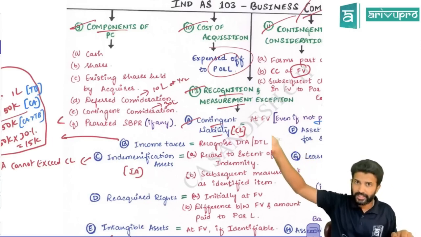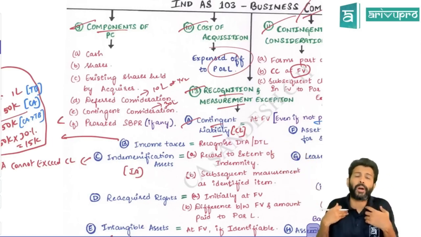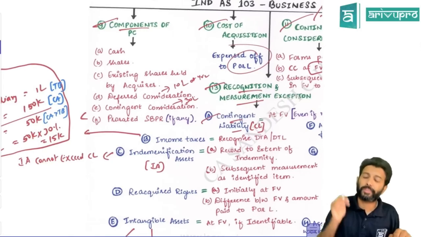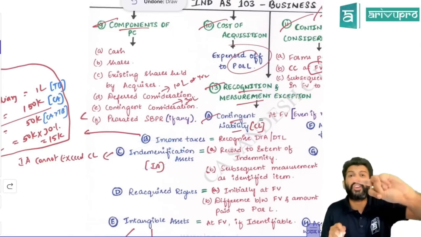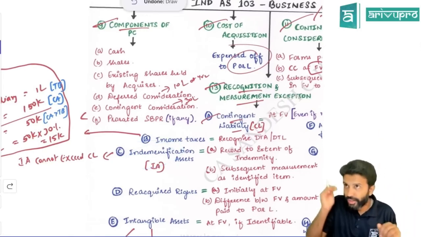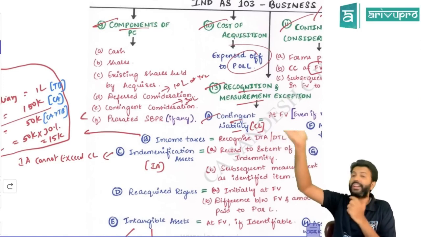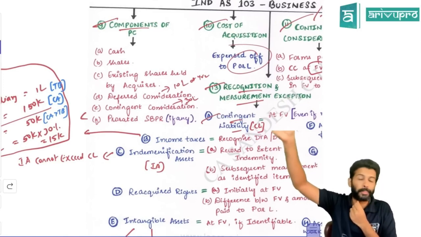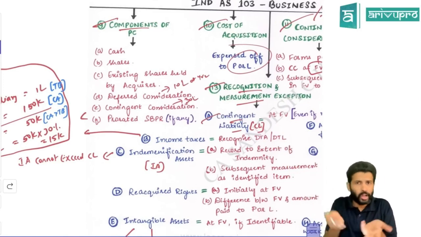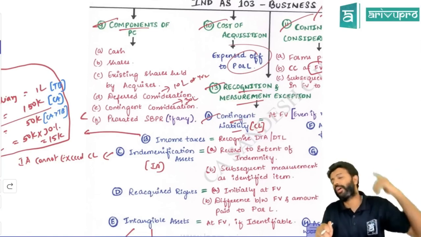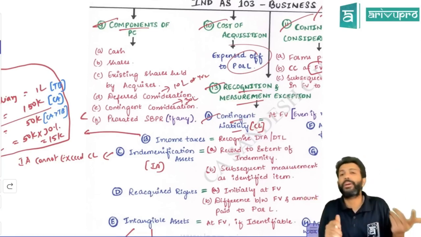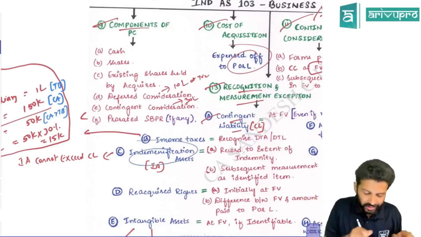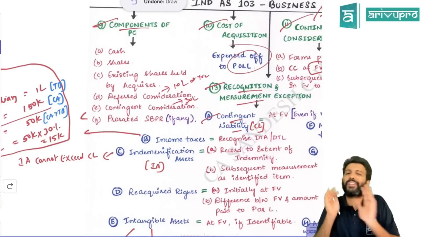And if somebody wins the case, means money will go out of my pocket. So the parent company may tell the subsidiary company, you indemnify me, meaning you compensate me. Okay. So if the subsidiary company has to pay some money to the person who has filed the case, now it's a loss for the parent, right? So the parent may ask the subsidiary company to compensate. Such a compensation we call an indemnification asset. So even indemnification assets are recorded.